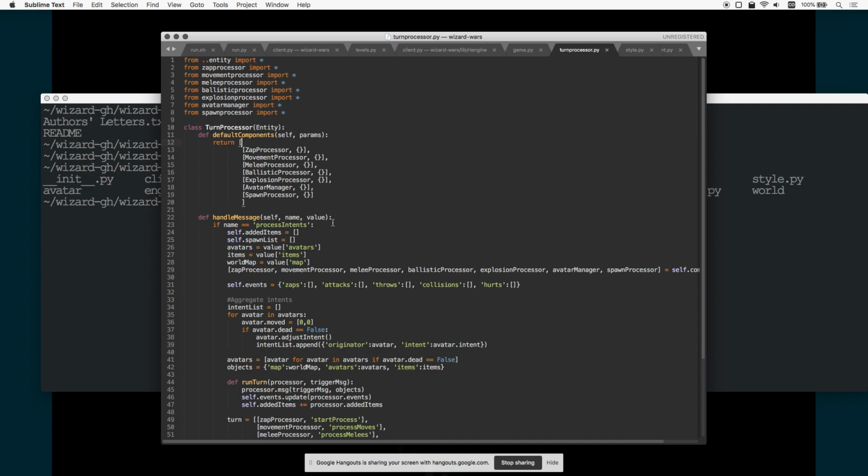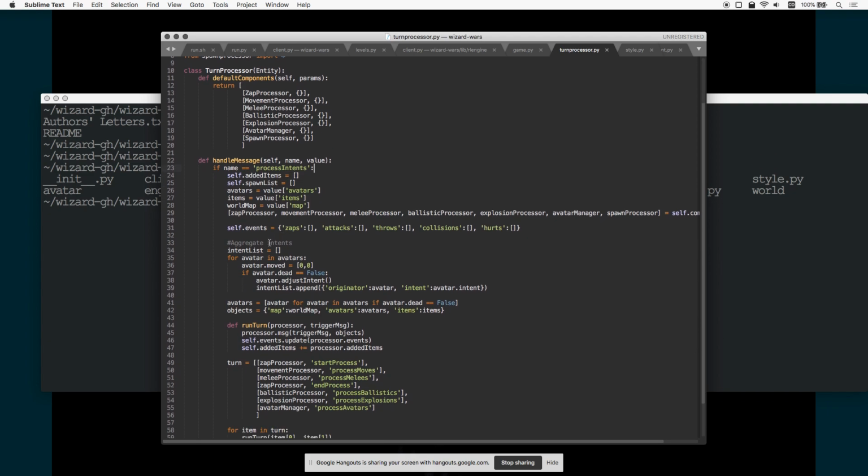So just a minute ago I showed you how the term processor gets messaged with the process intents message, and this is going to look at what the players and the bots are doing with their intent, and then update the world state for them, as well as any items that might be on the map, like a boulder moving as well. Okay, so first we aggregate the intents. Well, first we default